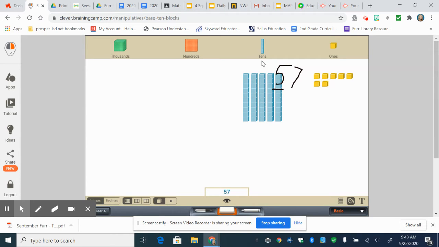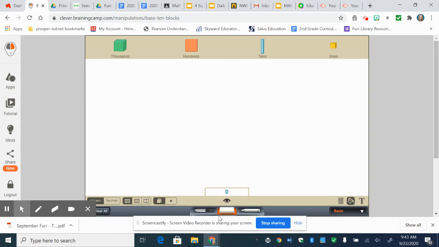So let's add a 10 more. What do I have now? I have 67. But if I needed 10 less than that number, let's take this one out. There's 57. If I want 10 less, I look at the tens and take out one of those tens, and now I have 47. Okay, let's look at another one. Let's say I had a number that was